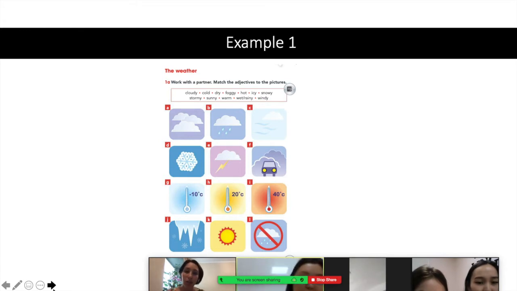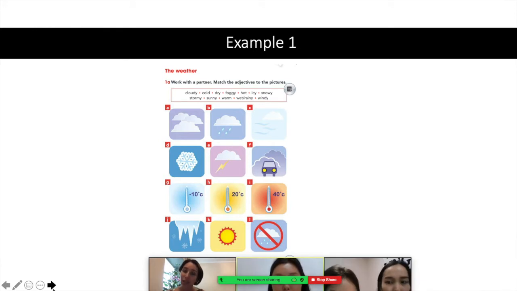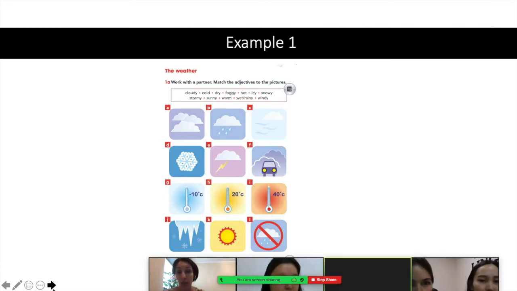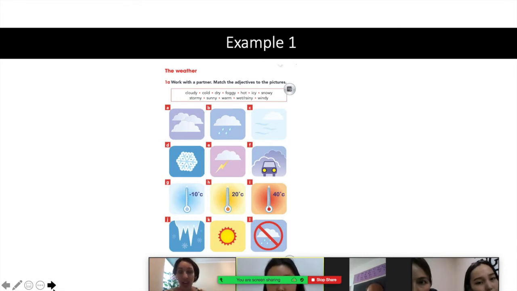So when you wake up in the morning and look outside and decide what to wear, you don't match images to what you see outside your window. Definitely this task is not realistic at all. This task has a purpose of helping students to memorize the vocabulary, but it's still not realistic. And by scanning this page and making it digital, I didn't make it a tiny bit more realistic. It just became more confusing.